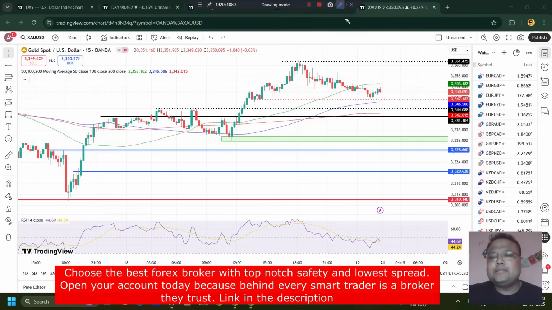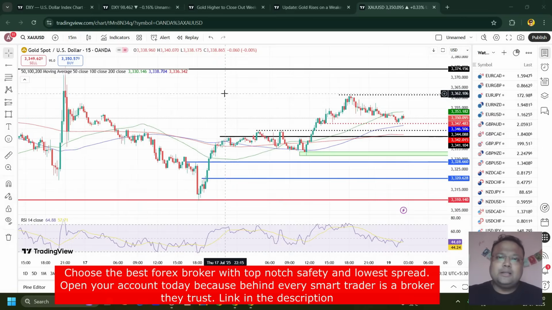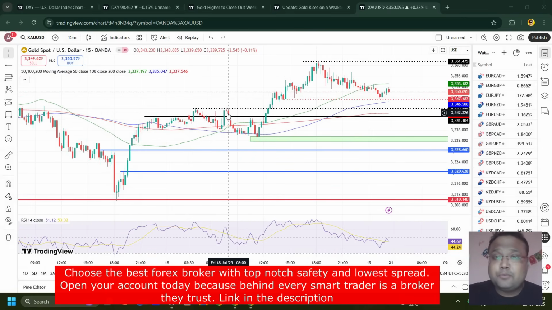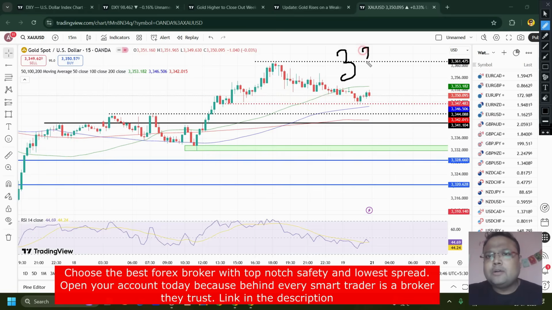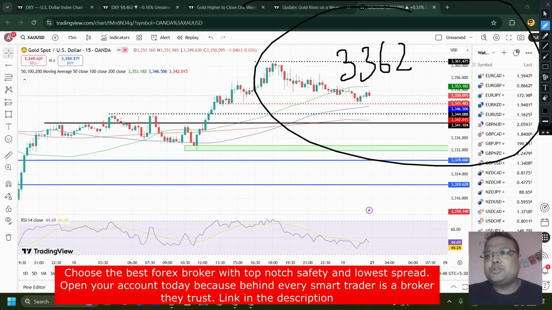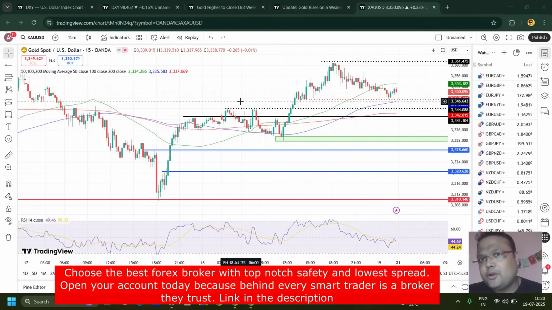And if you see that there is sudden selling pressure on gold after the market opening, then you can also look for a sell position if the market breaks 3340. Otherwise, in a market condition like this, I will not recommend a sell position right after a market opening, because we should not forget that the overall market is still bullish. And after the market opening, if we see gold going up, then we can look for a buy above 3362. Chances of the market going for a breakout right at the market opening are very less.